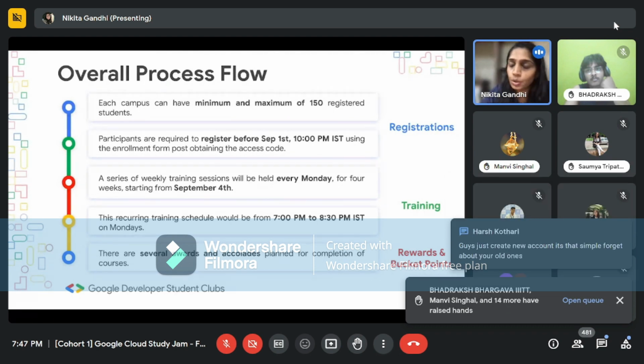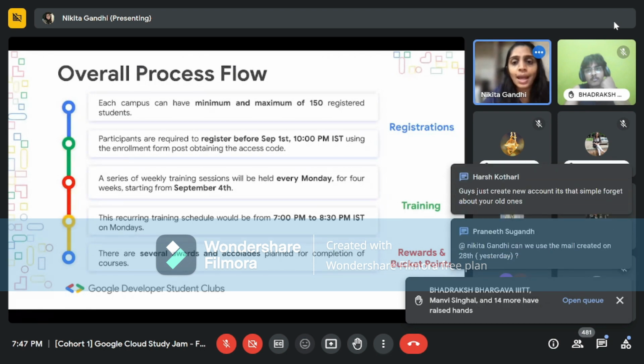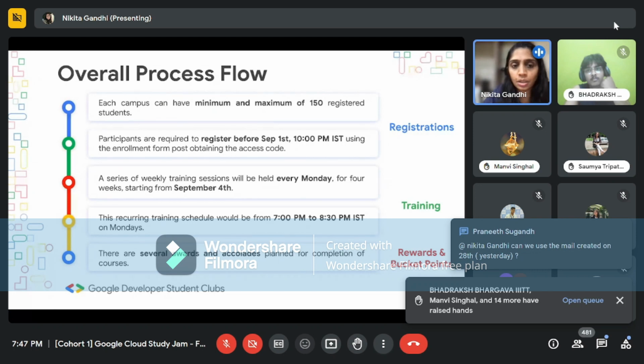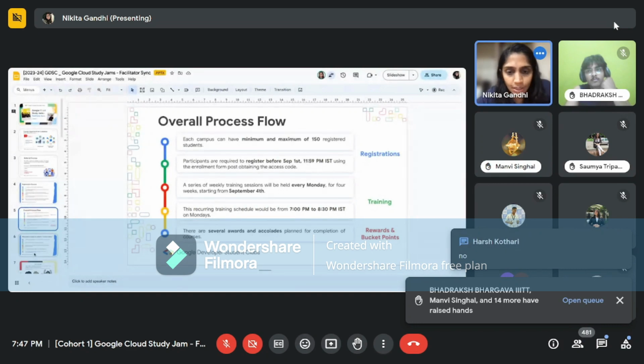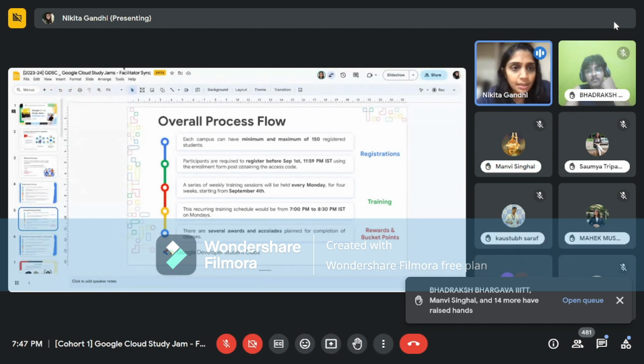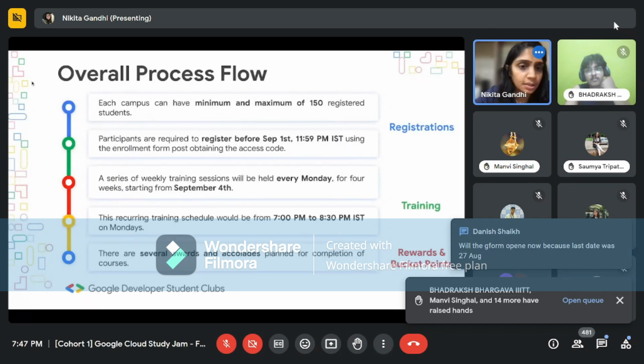Provide the access referral code to someone who really is passionate about learning, and make sure you complete this in the given time frame, because it's very important that the timeline is correctly met and there is no goof up.